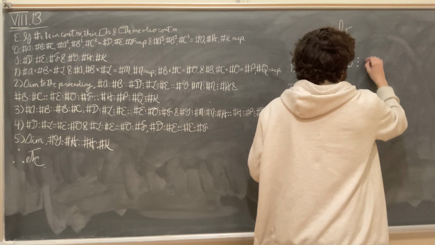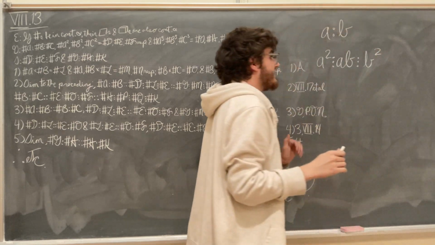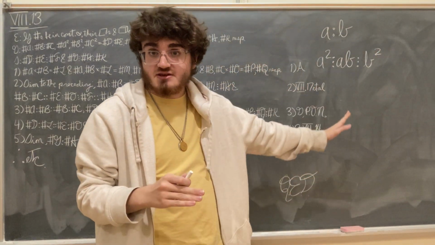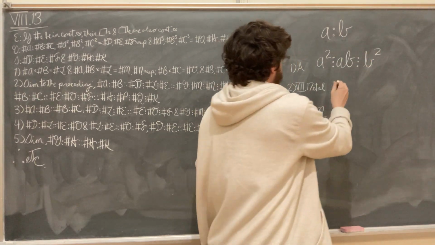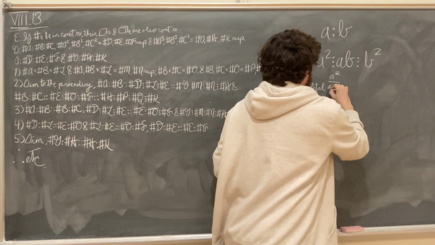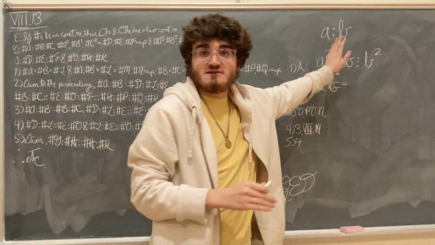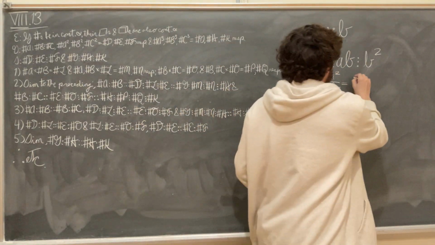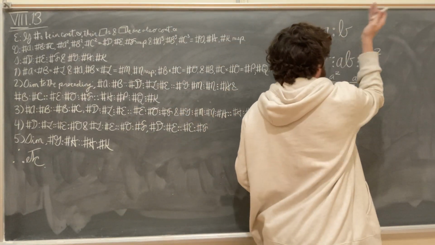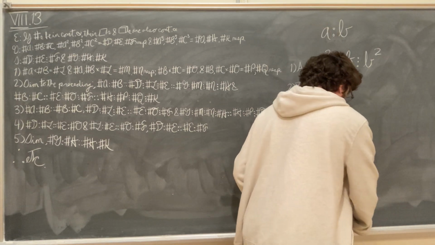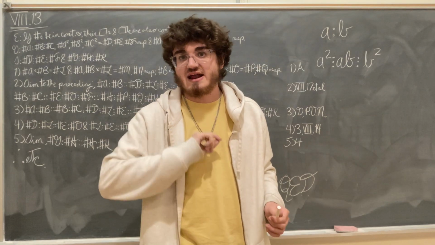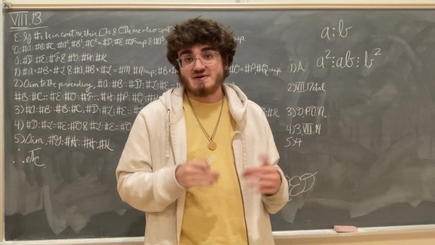And finally, I'm going to take the square on B. This does form a continued proportion in the same ratio as A to B. Because if you take A squared over AB like that, you can just divide out a common A to get A to B. And like that, that's our given ratio. And you can do the same thing between AB and B squared. They have a common B, so you can divide that out, and you're left with A divided by B, which